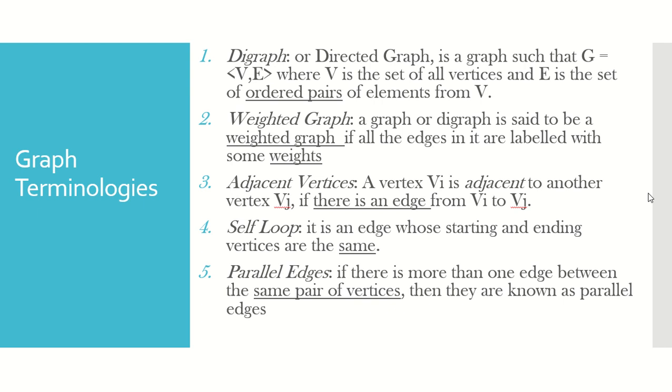Moving further, we talk about parallel edges. When I mentioned Google Maps, it was actually corresponding to parallel edges, because your source node and destination node are exactly the same, but you have multiple routes to go. All these routes connect the source to the destination. So that is the primary example of parallel edges. If there is more than one edge between two given vertices, then those edges are called parallel edges.